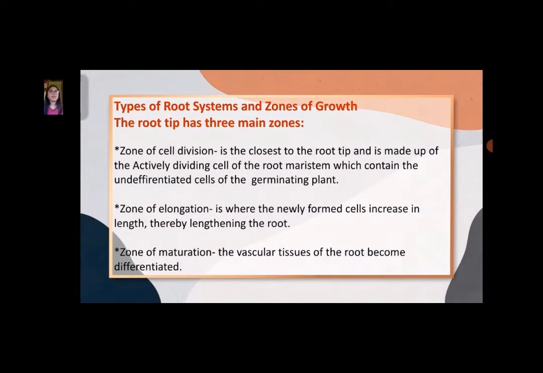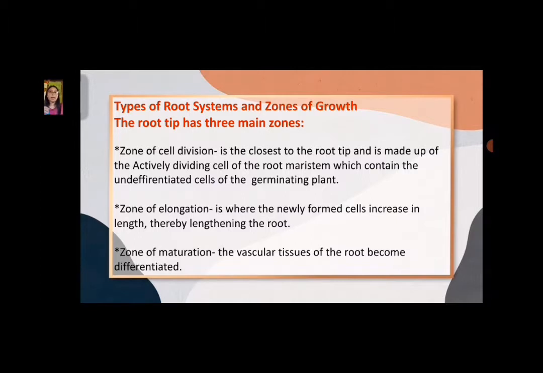The root tip has three main zones, which are the zone of cell division, zone of elongation, and zone of maturation. So when we say zone of cell division, it is the closest to the root tip and is made up of the actively dividing cells of the root meristem, which contain the undifferentiated cells of the germinating plant. So, siya ay ang pinakamalapit sa dulo ng ugat ng mga halaman or even the tree. Ito ay binubuo ng mga selula ng root meristem. So when we say meristem, ito ang plant tissue na nagbubuo o bumubuo ng totipotent cells upang magbigay daan sa